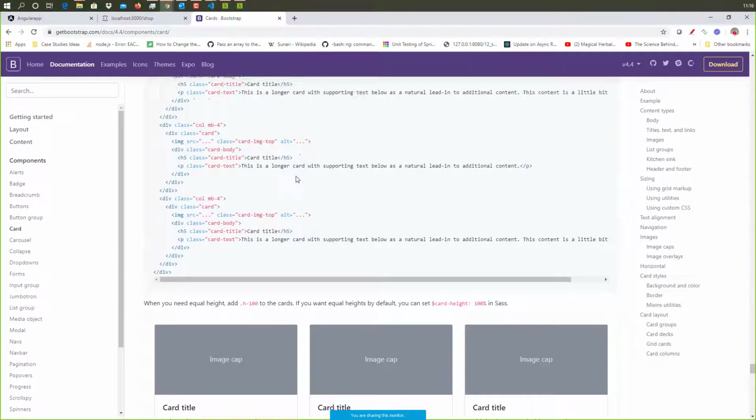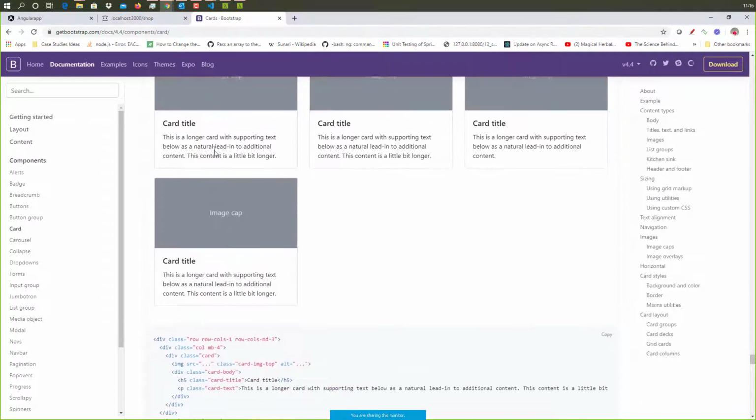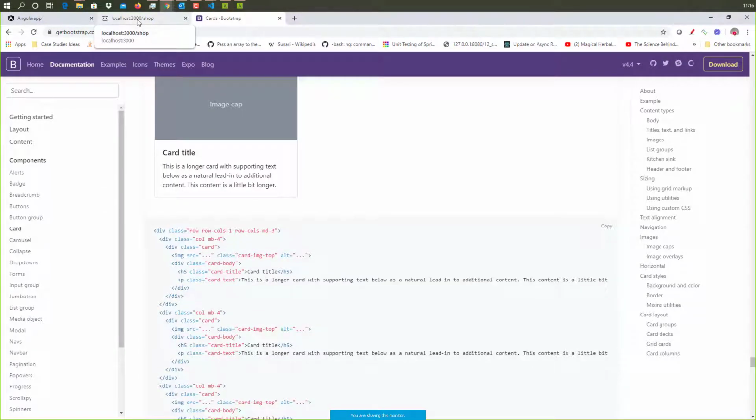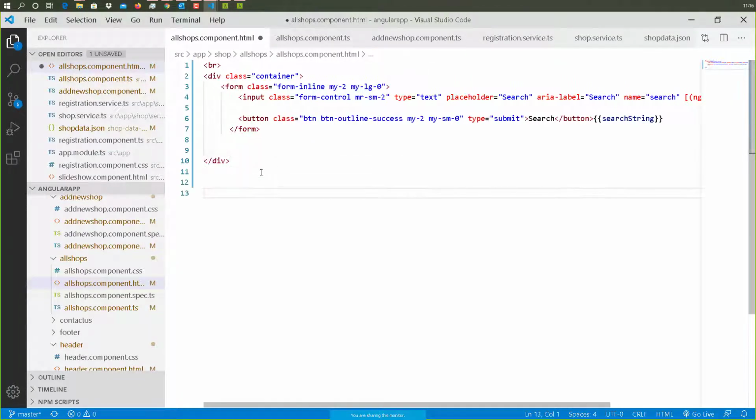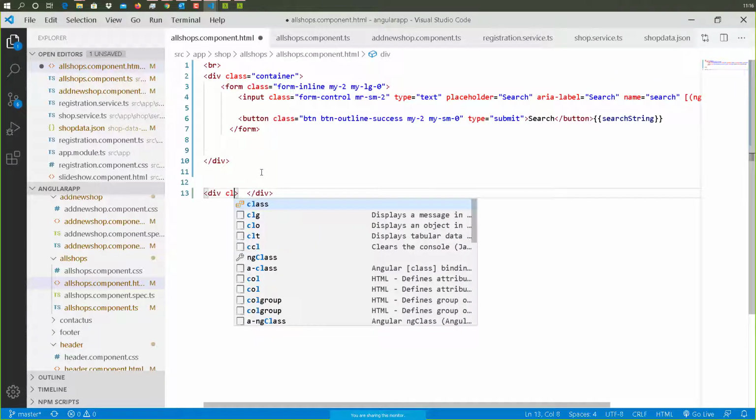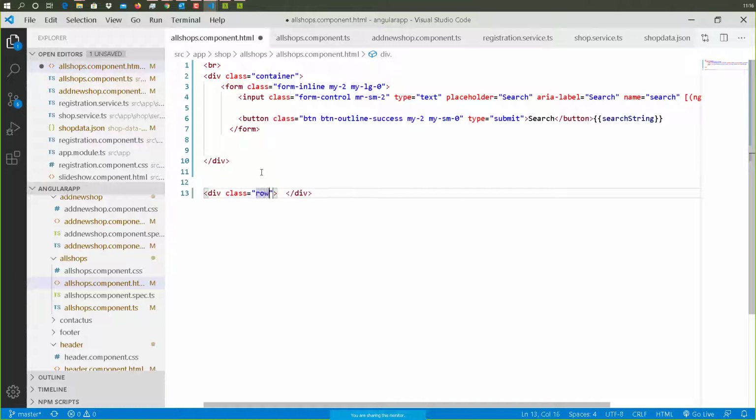So ideally what I want is, I have the card. Where is it? I already copied the code for the card, right? So if I go over here, I can say div in Bootstrap. I can start with a class of row, and after that I can have, let's say, div